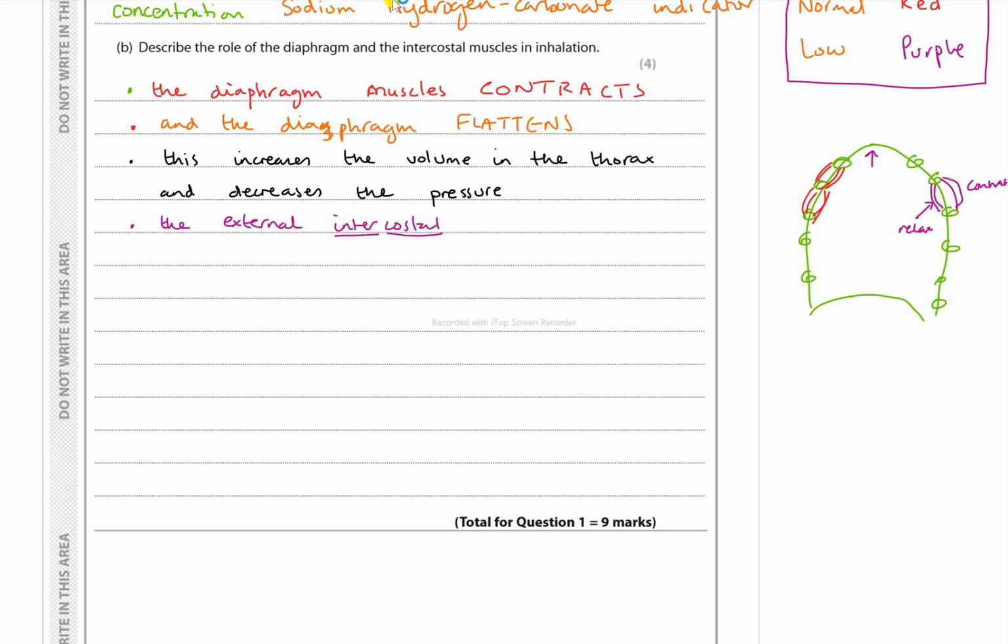The external intercostal muscles contract, and the internal intercostal muscles relax, pulling the rib cage up,